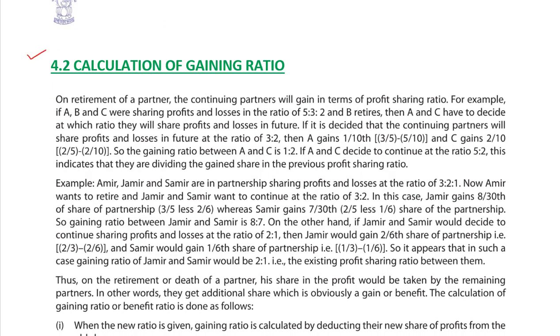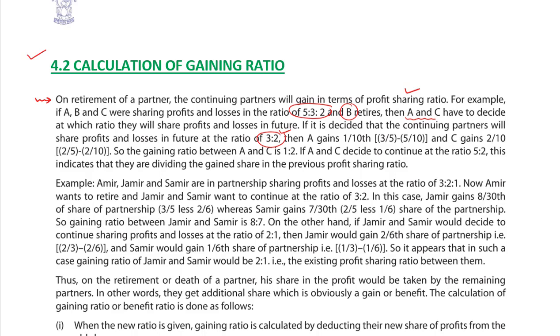Calculation of gaining ratio. On retirement of a partner, the continuing partners will gain in terms of profit sharing ratio. For example, A, B, and C are sharing profits and losses in the ratio of 5:3:2, and B retires. Then A and C, the remaining partners, have to decide at which ratio they will share the profits and losses in future. If it is decided that the continuing partners will share profits and losses in future in 3:2 ratio,